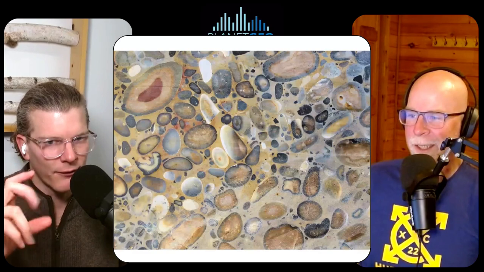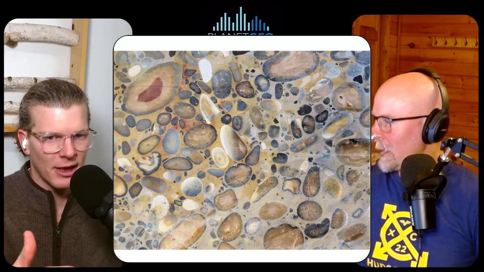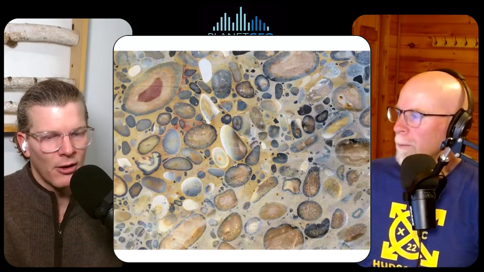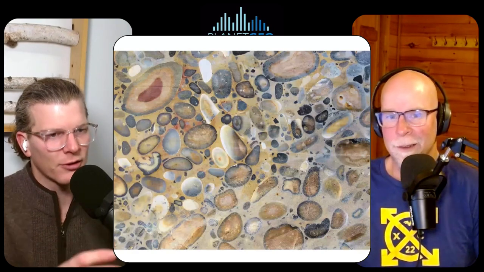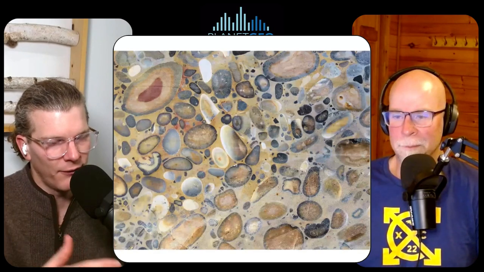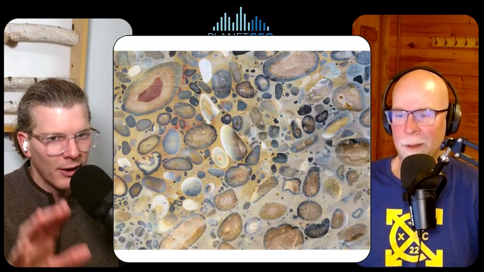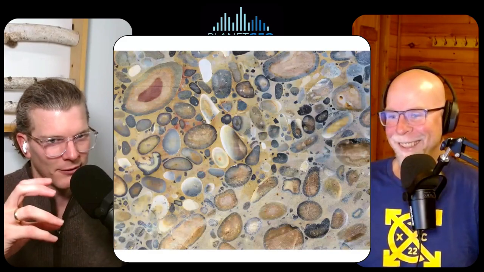But the key here for most pudding stones is we differentiate sediments, especially when they have big clasts in them, as either clast supported or matrix supported. And those terms should make sense if you think about it a minute. What's structurally valuable to this rock? Is it the clasts and then the matrix fills in the extra space, or is the matrix fundamentally the structural thing holding it together? And in most pudding stones, it's a matrix supported conglomerate,